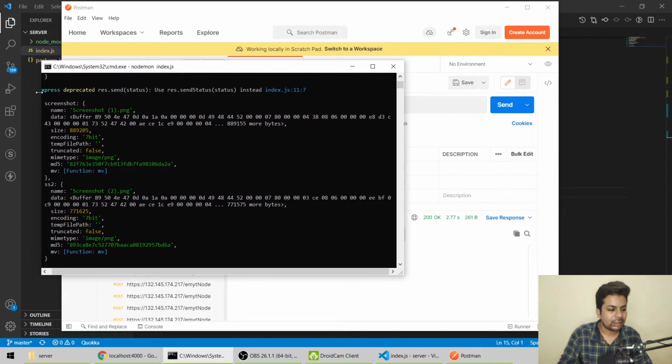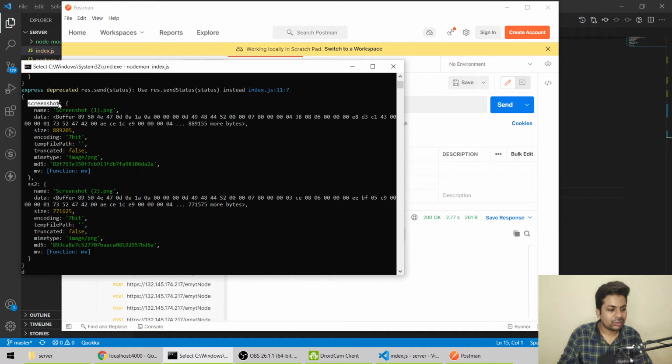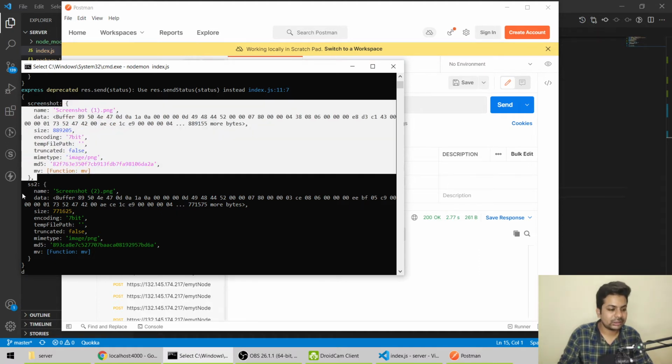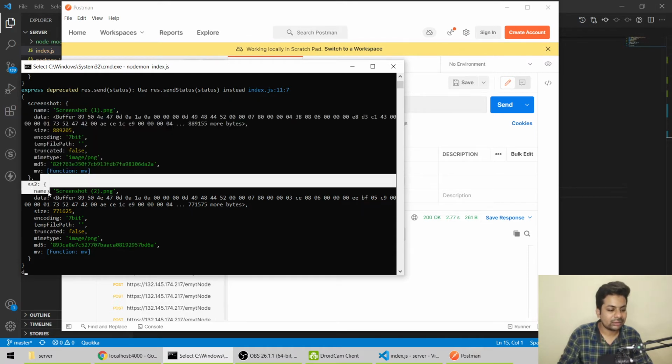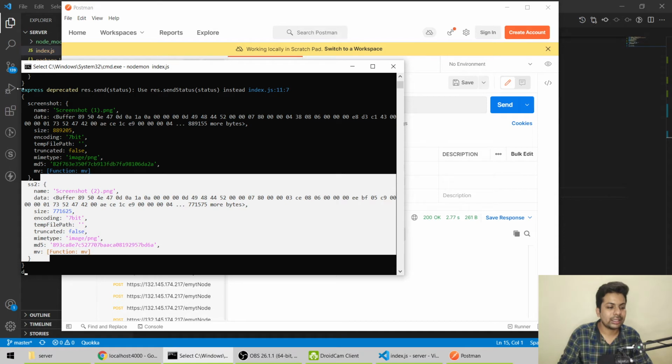One is screenshot, the name of the input tag, and then ss2, the name of the input tag, then the name of the file. It's like an array, but it's not really an array, it's an object, and inside there are multiple objects.